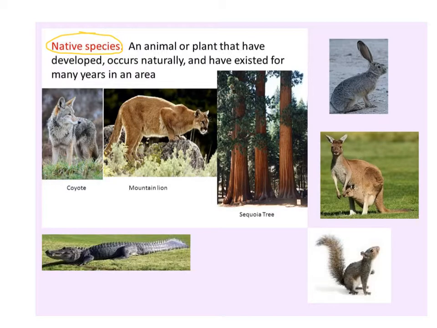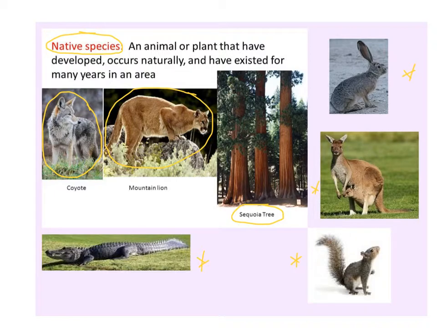So here in California, sequoia trees. They're only about 30 miles away from us. These gigantic sequoia trees are native to California. I've never seen one of these guys in person, but the mountain lion is native to California. They are naturally found here. Same with Mr. Coyote here. I've seen these quite often. They're native to California. Now, can you tell me which of these guys are native and which of these guys are non-native?